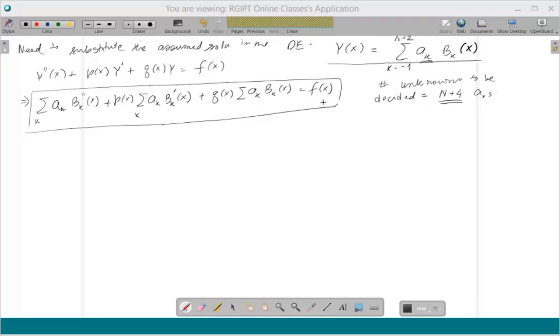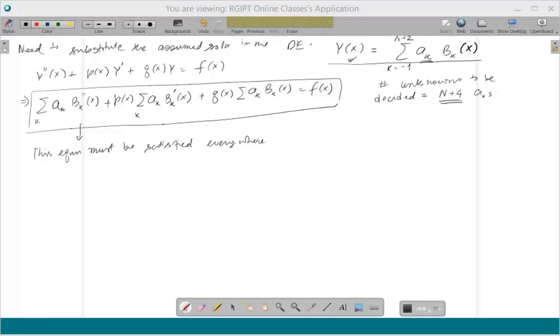So this tells me that if I have this assumed form of solution, then this equation must be satisfied everywhere. Now if it is satisfied everywhere, then what we do next is we let this be satisfied at the